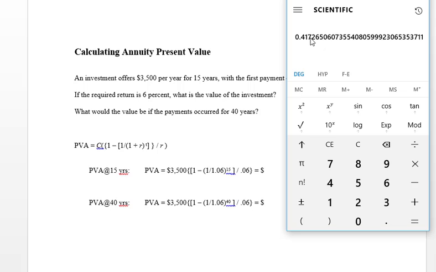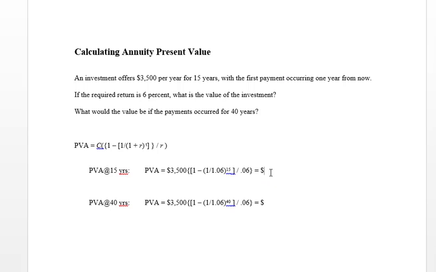1.4172. Okay, so now I'm going to clear my memory and put that number in. So now that number is 1 minus my memory is equal to 0.58273. I'm just plugging it right into the equation. Divide that number by 0.06, and then I have my multiple of 9.7122, times 3,500, and that equals